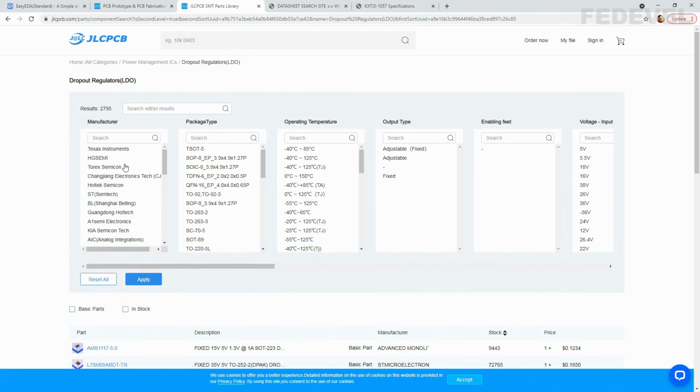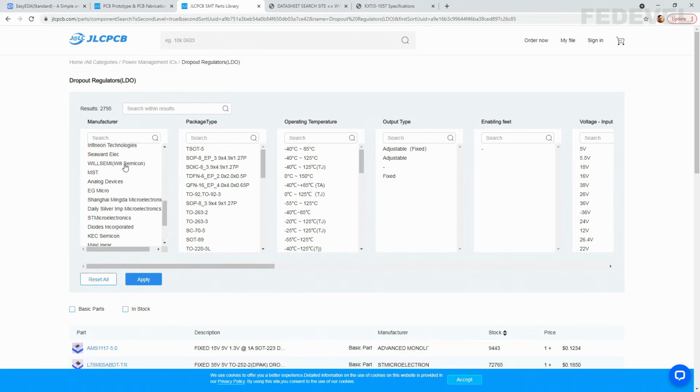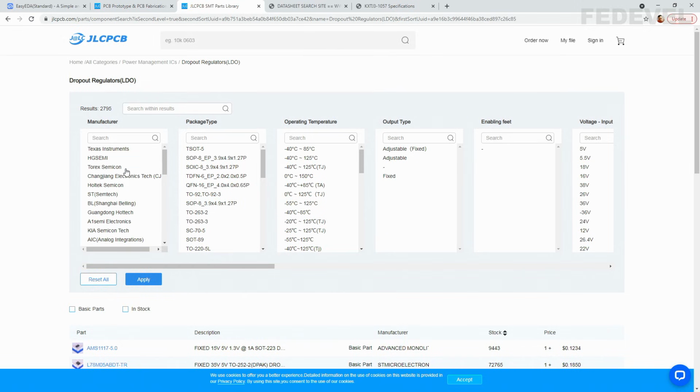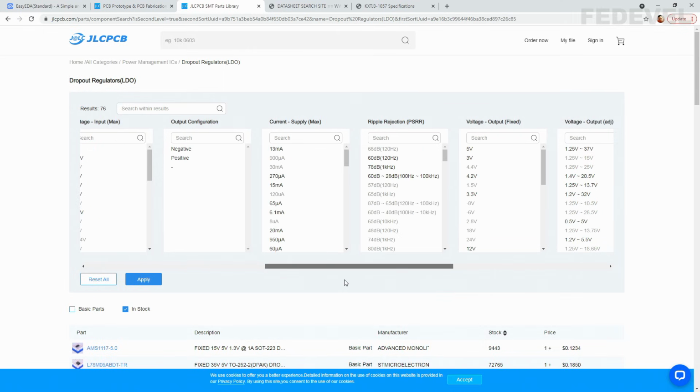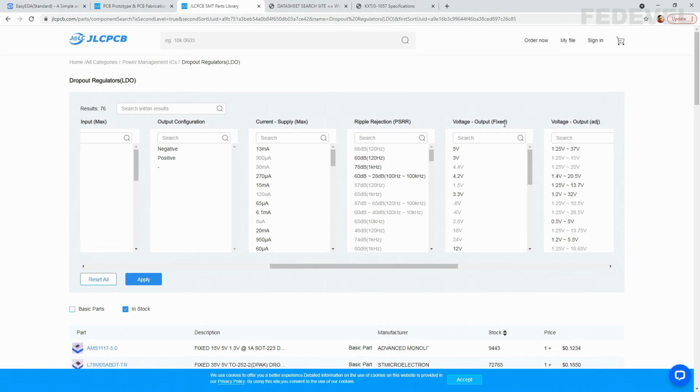There are many different manufacturers, and for this kind of component I have good experience with Texas Instruments, so I'm going to select it, in stock, and we would like to use a regulator with fixed output 3.3 volt. Apply.